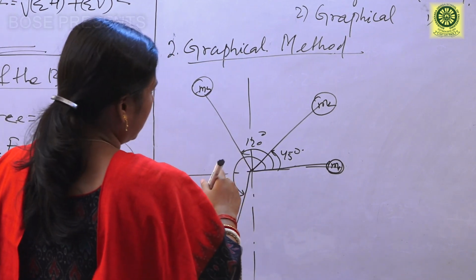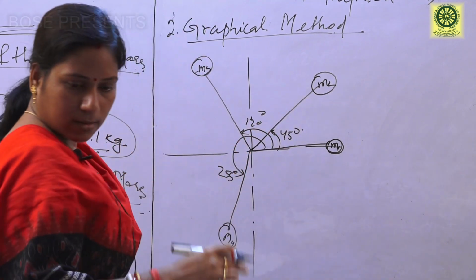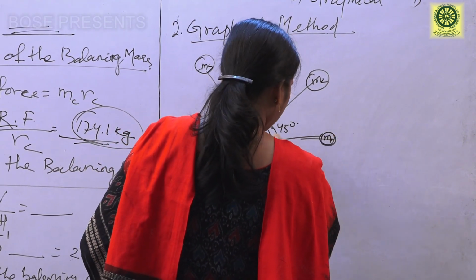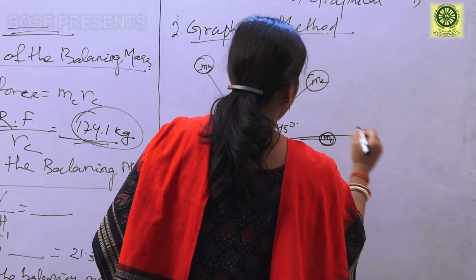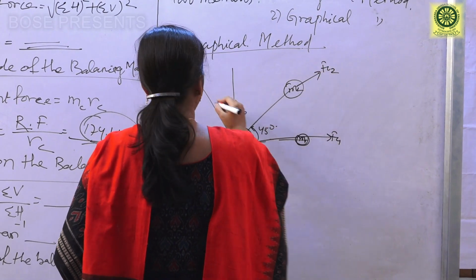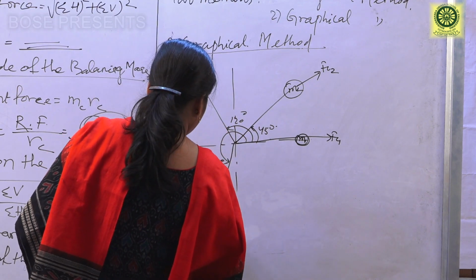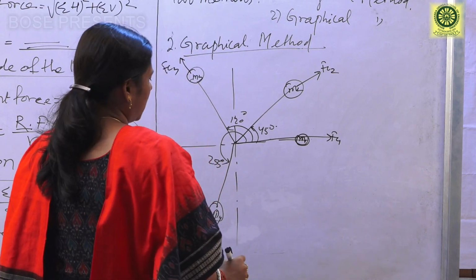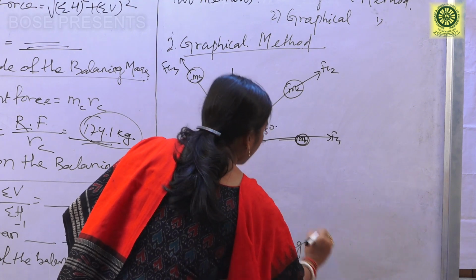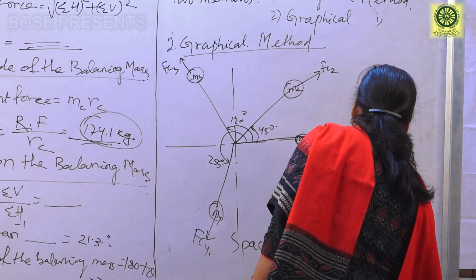So as per this, you have to find out, drawing again, in place of M1, in this direction you can write FC1, this is FC2, F for centrifugal, FC for centrifugal force, and this is FC3 and this is FC4. This is called the space diagram. So from this space diagram you can draw the vector diagram.